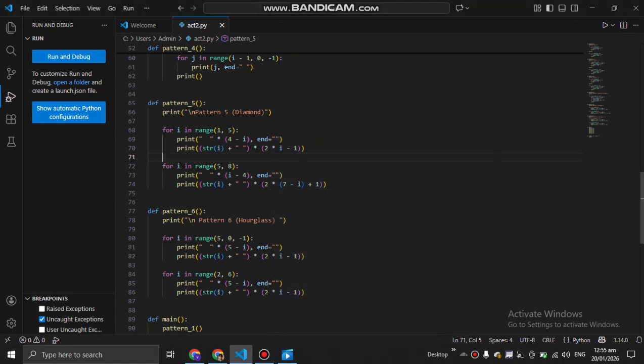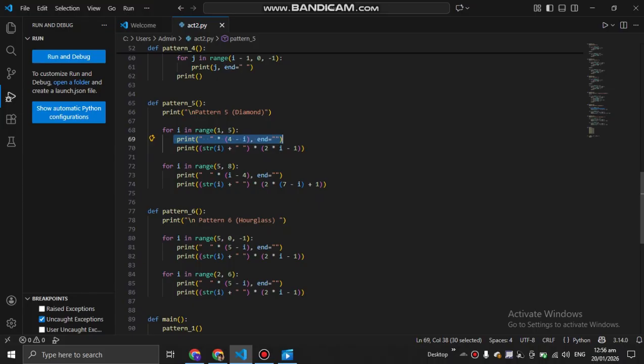So this is the continuation of my presentation. So the def pattern 5. In this line, for I in range 1 to 5, it's more like the top and middle part of a diamond, from 1 to 4. Then we have here print blank space times 4 minus I, end is equals to blank space, these 4 spaces are for the center alignment.